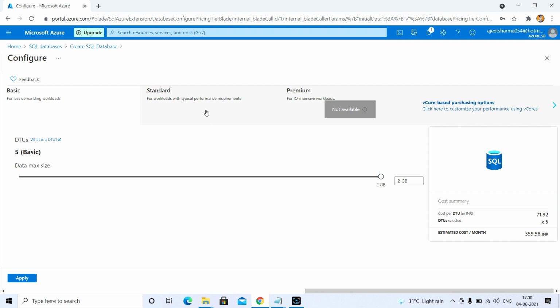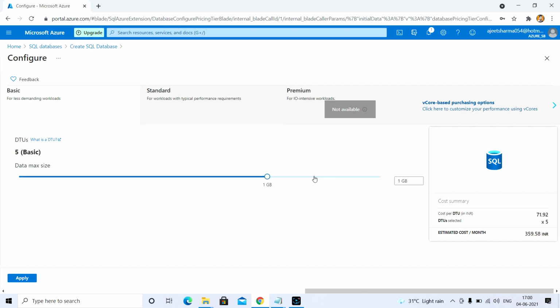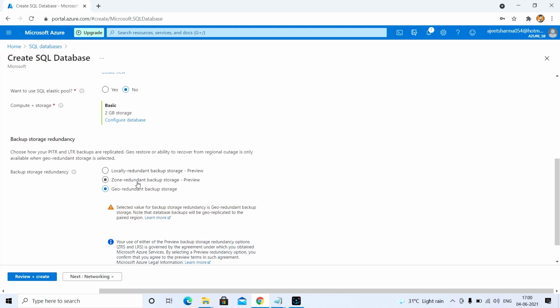Once you increase the size, the pricing will increase. As you can see here, I'm going with the basic only. I have 2 GB of max data size. I'm clicking to apply that.